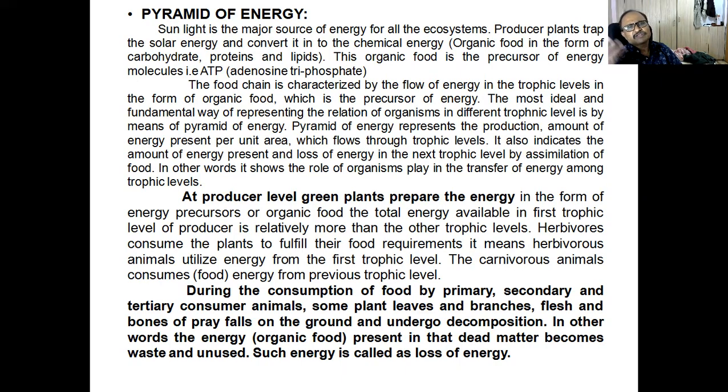This producer plants trap the solar energy and prepare the organic food, or it is also called as precursors of energy. ये फूड क्या है, ऑर्गेनिक फूड क्या है, कार्बोहाइड्रेट प्रोटीन एंड फैट्स क्या है, these are the precursors of energy, एनर्जी के प्रिकसर्स है, उससे एनर्जी तैयार होती है। मीन्स फॉर कार्बोहाइड्रेट प्रोटीन एंड लिपिड्स और फॉर ऑर्गेनिक फूड वी कैन यूज द टर्म एनर्जी, वो एनर्जी है बट इन द प्रिकसर फॉर्म।